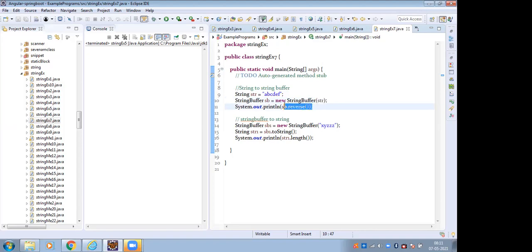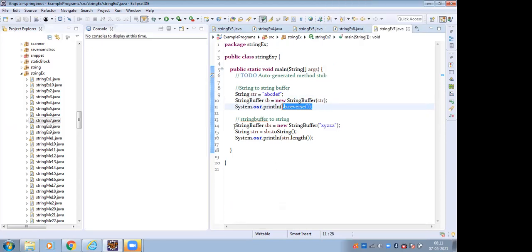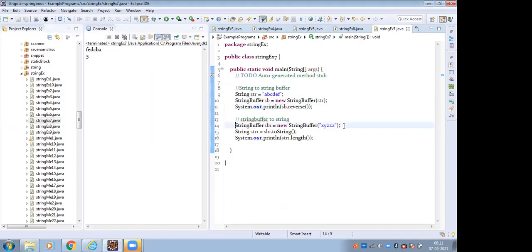Then I have to use the reverse method on the string buffer object. Then, using the toString method, I convert the string buffer object into a string object. After that, I can use the string methods.